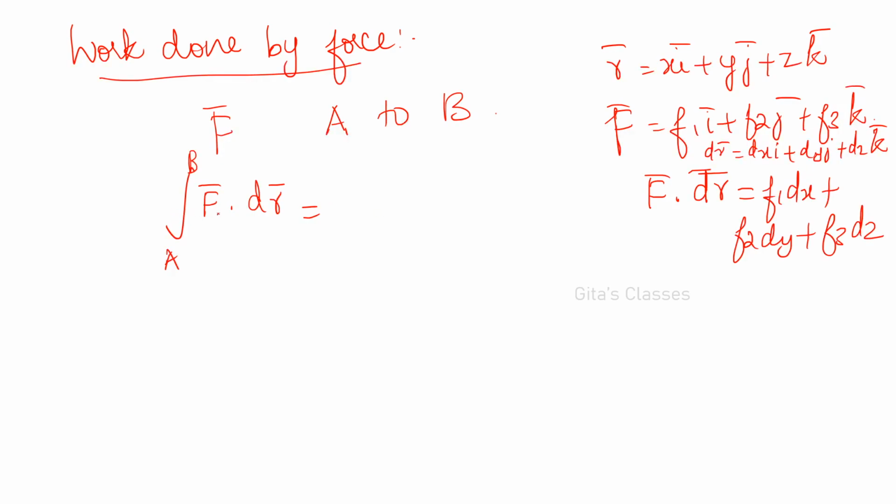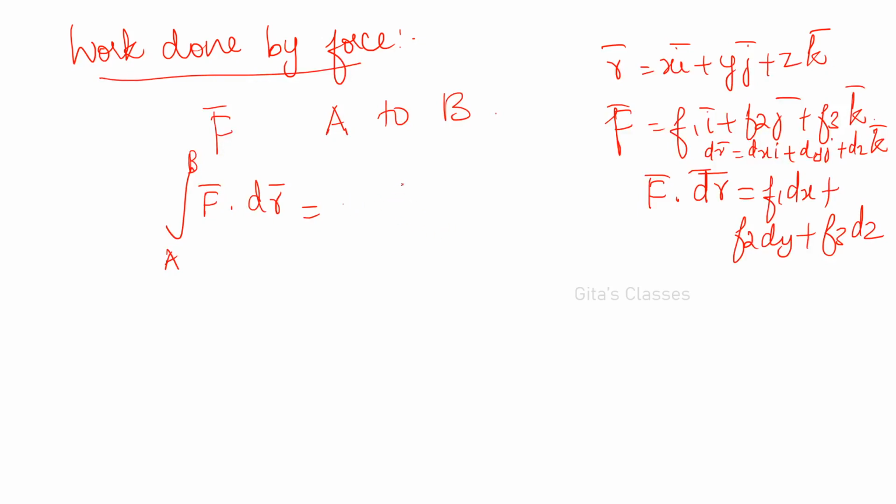And here of course you will get three variables. Always remember, if it is a single integral you can have only one variable. So if you have two variables, either you can change x to y or y to x. That is an important point. And if you have three variables, you have to change it to parametric equations, so that everything will be changed to a single variable t.